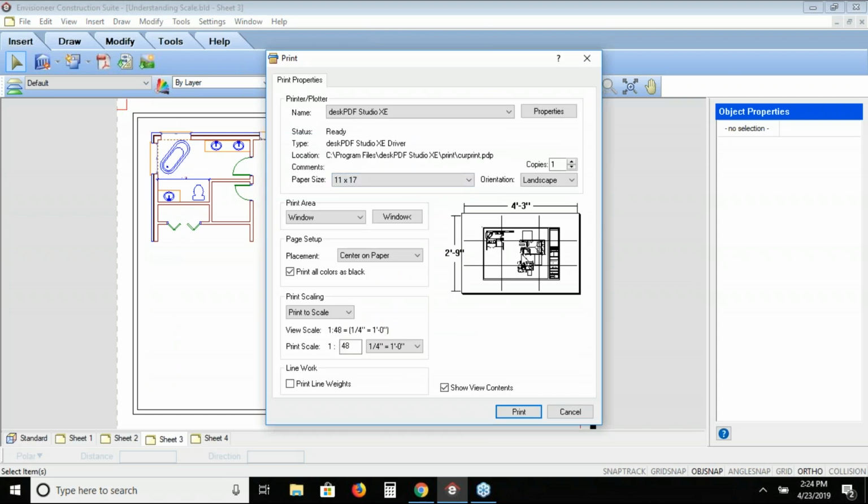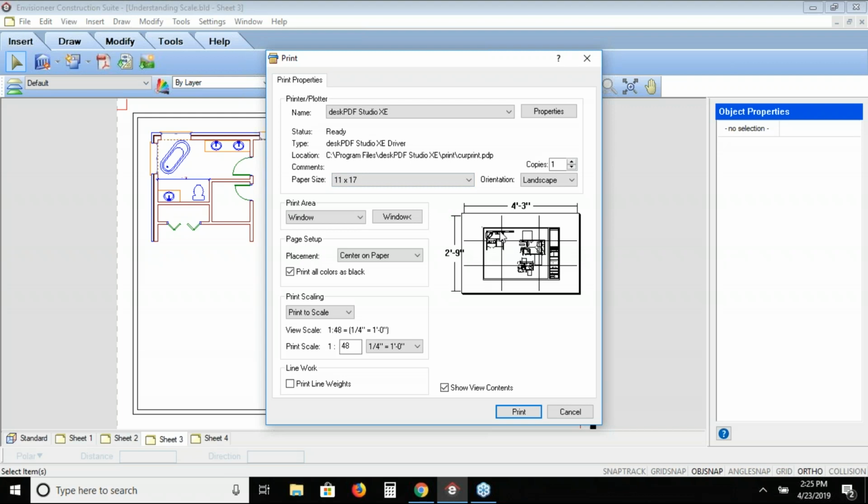So see these lines that appear? It knows that at 1/4 inch equals a foot, I couldn't possibly print that entire drawing sheet out on an 11 by 17. It fits on a 24 by 36. It does not fit on an 11 by 17. So to print it out to an 11 by 17 piece of paper, you would need to have these 9 sheets, and you could tape them together,